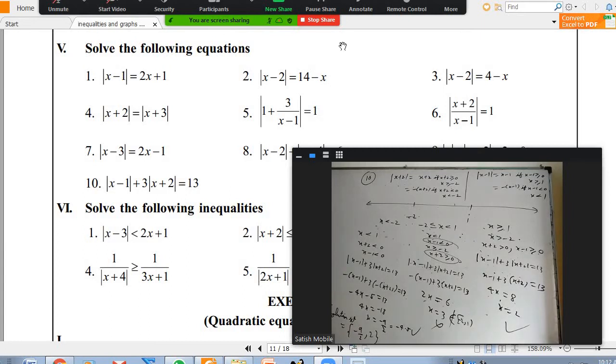Sir, for exam, until which exercise do we have inequalities? Everything, including quadratic. Next, third exercise. Graphs are not there, full inequality. So which will have more weightage, trigonometry or inequalities? All equal. Straight lines, 3D geometry, inequalities, trigonometry, all equal. So you can expect roughly 6 questions from each. 6 from straight lines, 6 from 3D, 6 from inequalities, 6 from trigonometry.